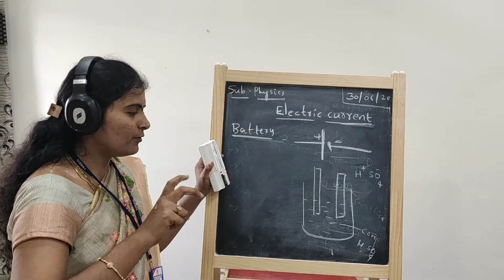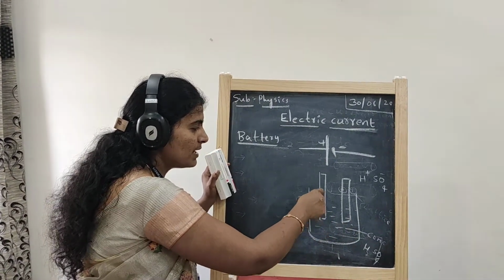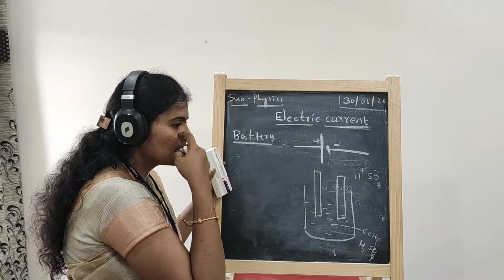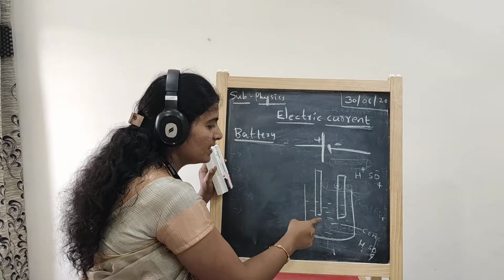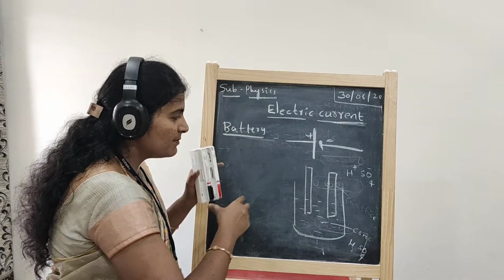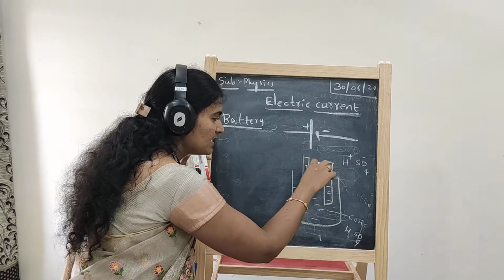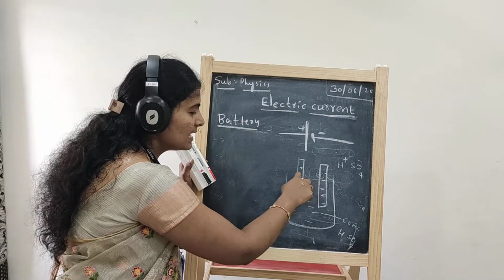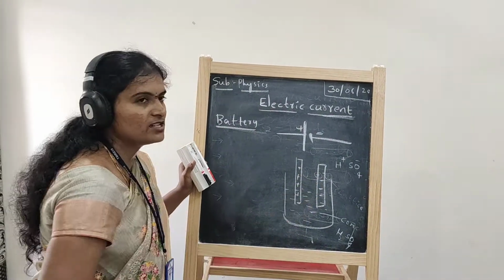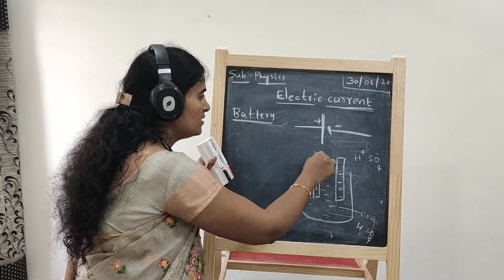And up to what time will charge accumulate? Total positive charge develops on one electrode and negative charge on the other electrode. Then the chemical energy is balanced by the electrical energy. Why? Because whenever positive charge accumulates here and negative charge accumulates there, it creates an electric field, which is electrical energy. When the electrical energy dominates the chemical energy, the accumulation of charge stops. Then it is used as the anode plate and the cathode plate.